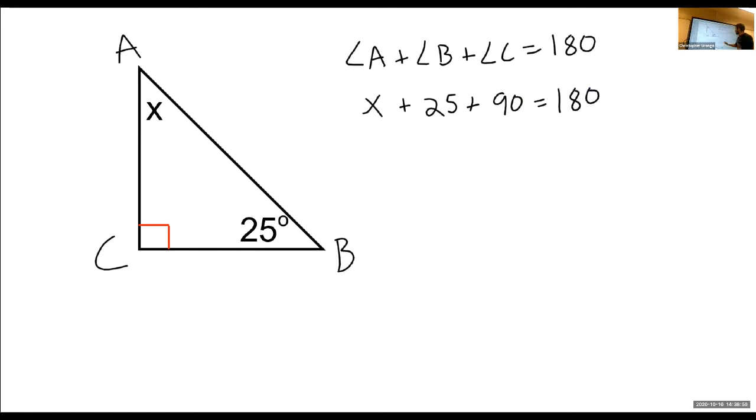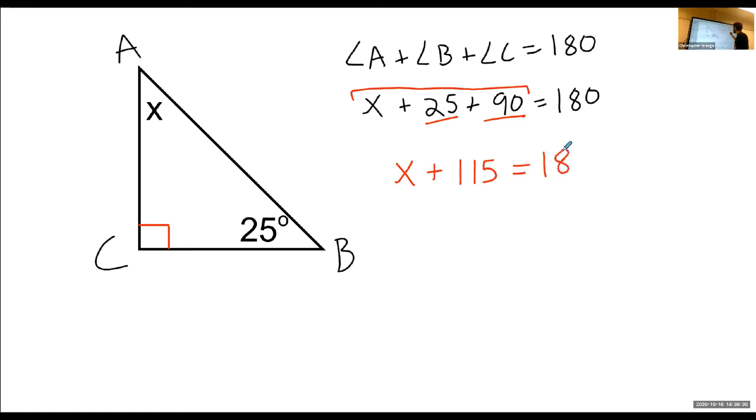Now I can simplify the left side of the equation by combining like terms. Remember, if you have two numbers being added on the same side of the equal sign, you can combine like terms to simplify before you solve. If you have two numbers on opposite sides of the equal sign, that's when you'll use your inverse operations to move them to the other side. In this case, 25 and 90 are like terms, so I can combine those together to get X plus 90 plus 25 is 115